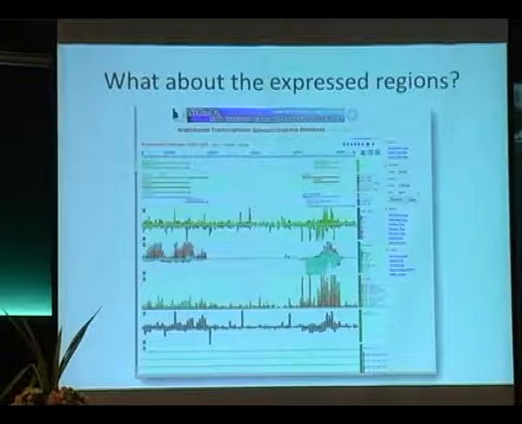Then obviously there are lots of other issues. This is an Arabidopsis example, but we have reference genomes and reference gene annotations, yet there are lots and lots of regions in the genome that are transcribed. They are either not known genes, or your computational analysis of gene calling has missed them. So how do you annotate those things? There is no mechanism right now to add new genes that a user identifies. So we need to come up with a strategy for adding those sections. I think this is a big hole.